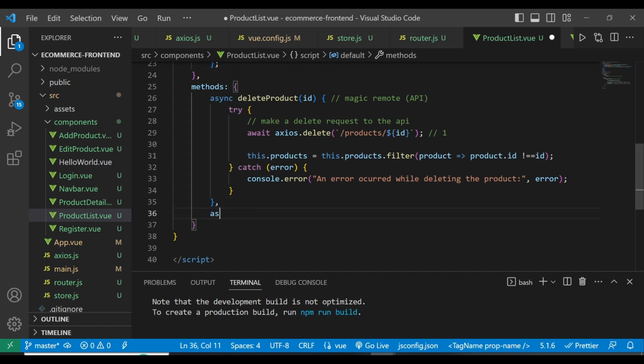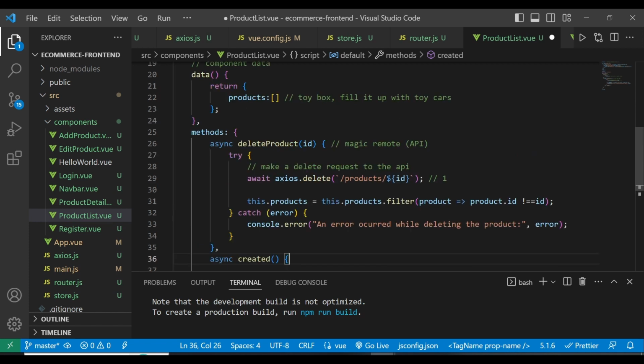So here I'm going to have another async. This async is going to be async created, and I'm just going to explain in a second what we mean by async created. Now async created means that we want to call a lifecycle hook. So async created is within our Vue. These ones are called lifecycle hooks, and they are very important within any front-end framework. So this lifecycle hook is going to be called after an instance has been created, and this instance means that